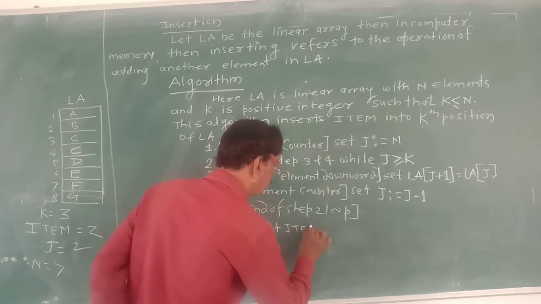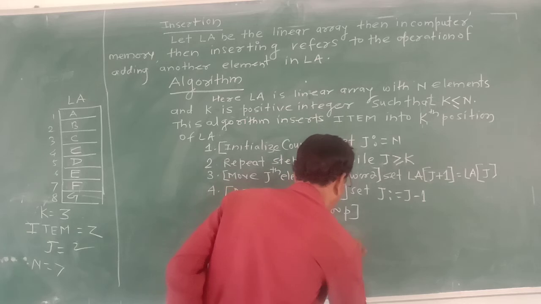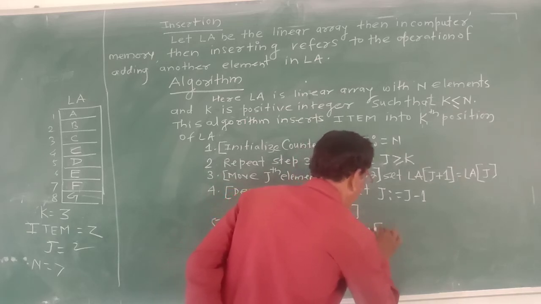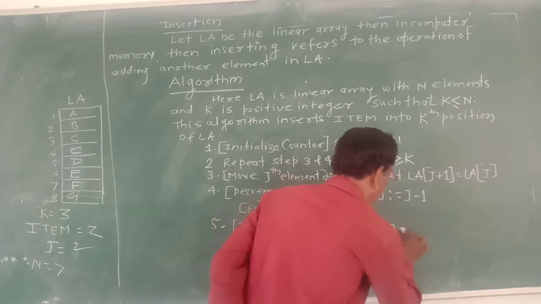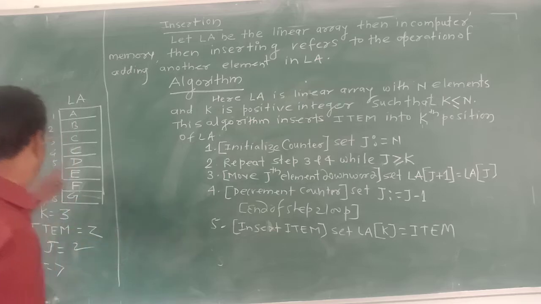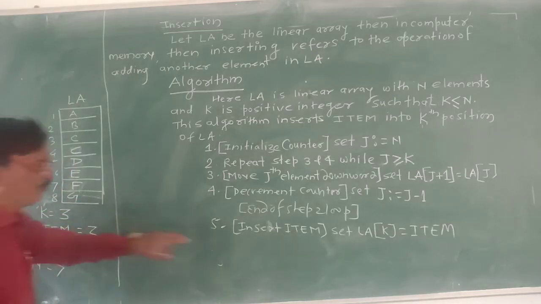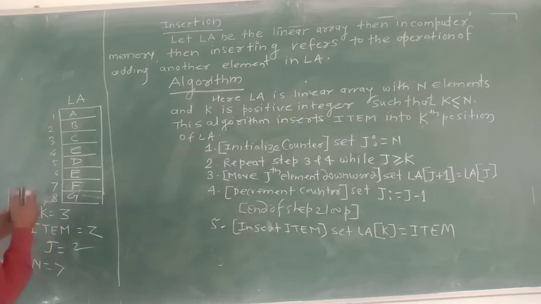Insert item. How to insert that item? Set LS k is equal to item. Now k is 3, LS 3 is equal to item, item is z, so LS 3 is equal to item,